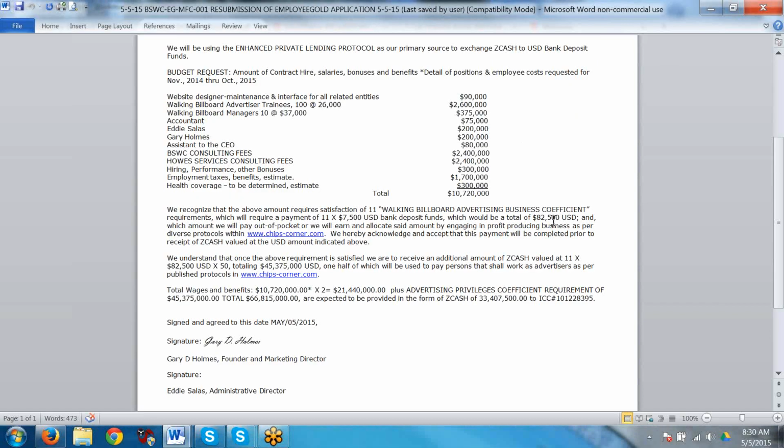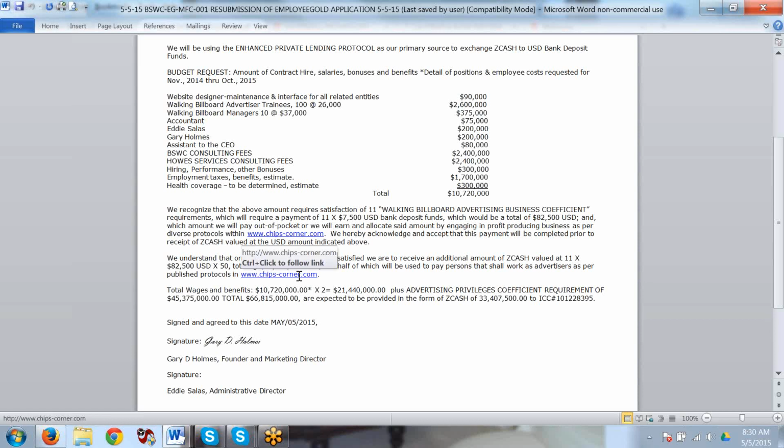So that's not going to be a problem because we're not going to have to come out of pocket. We're going to get that done on the first go-through. All right, so we hereby acknowledge and accept that this payment will be completed prior to receiving the $10,720,000 Zcash, but it actually gets better, because we also understand that once the above requirement is satisfied, we are to receive an additional amount of Zcash valued at 11 times 82.5 times 50. That's